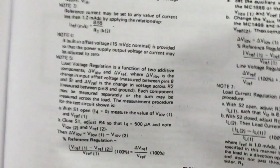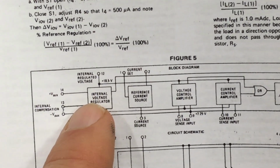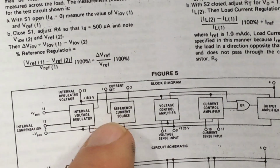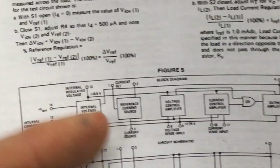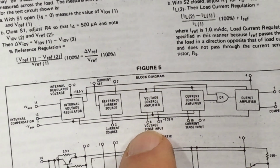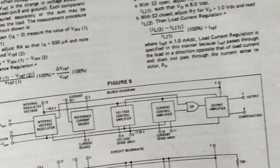Maybe I'll find the block diagram, they have everything built in, everything you ever need. They have an internal voltage regulator, so you really can supply them with some unregulated voltage. They have a reference current source, not a reference voltage source, and that's actually the reason they can easily be adjusted down to 0 volts. They have a voltage control amplifier directly accessible. They have a current control amplifier directly accessible. And yeah, they are both ORed. And you have an output amplifier, which is